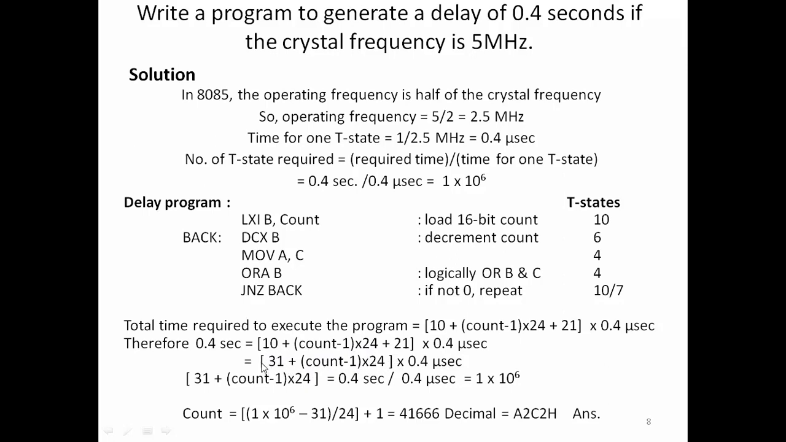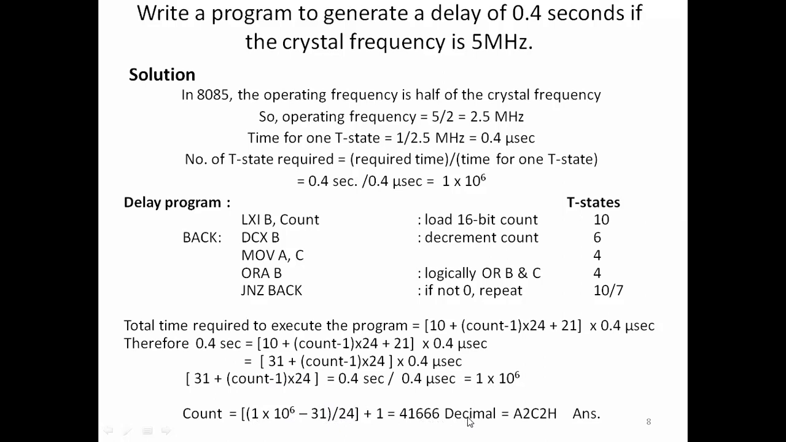So if we take this time to the left hand side, it becomes 0.4 second upon 0.4 microsecond, which is equal to 1 into 10 to the power 6. It means the count value will be equal to 1 plus (1 into 10 to the power 6 minus 31) divided by 24. Since it is count minus 1, it becomes plus 1 here. So whenever we evaluate 1 into 10 to the power 6 minus 31, divided by 24, plus 1, it comes to around